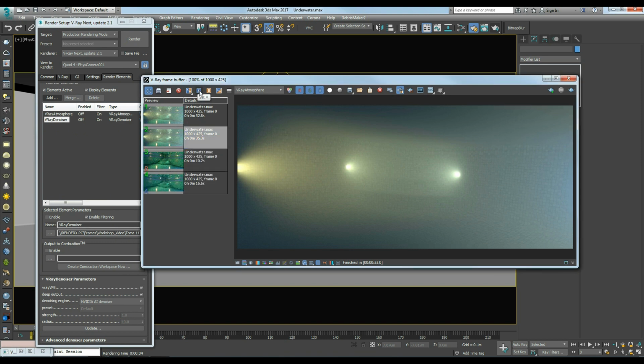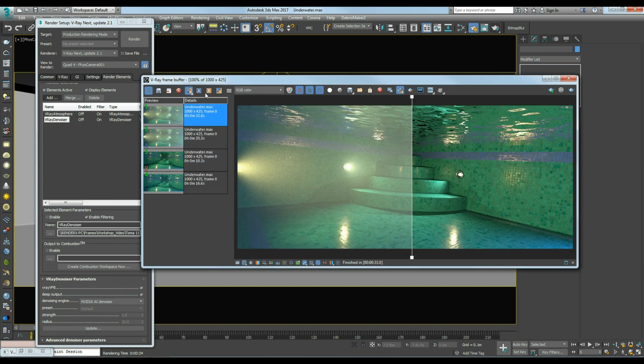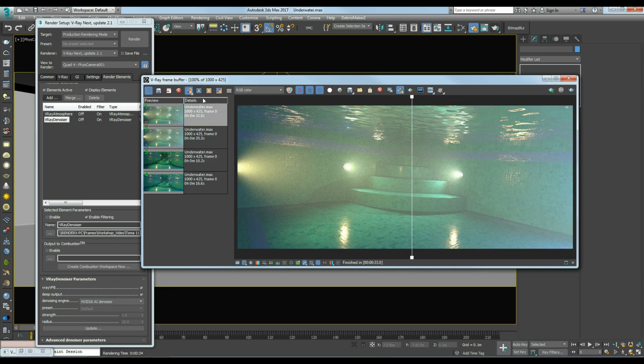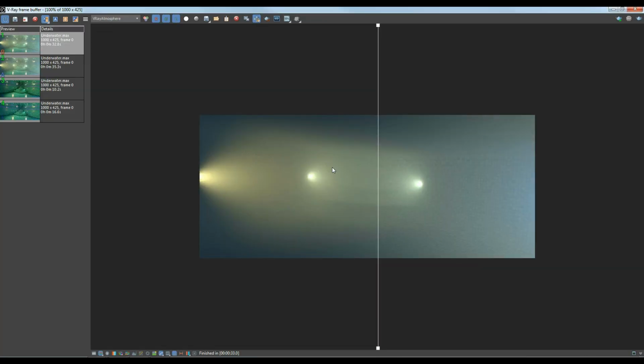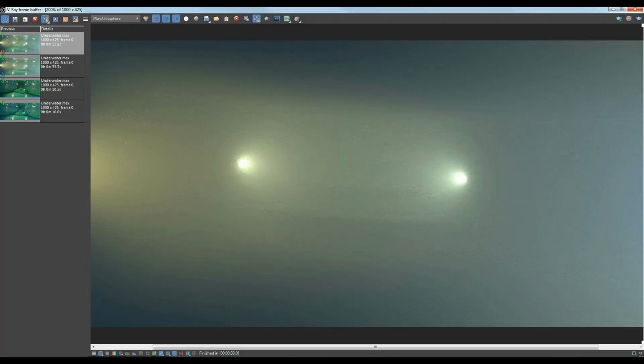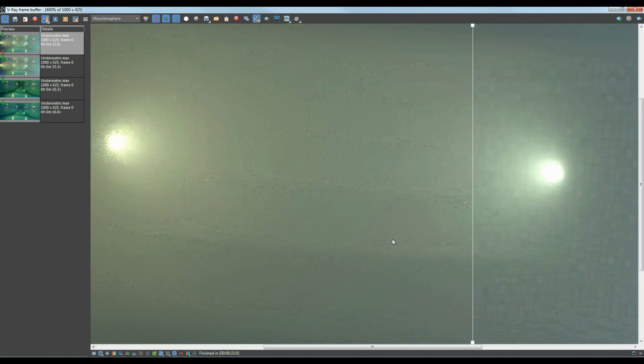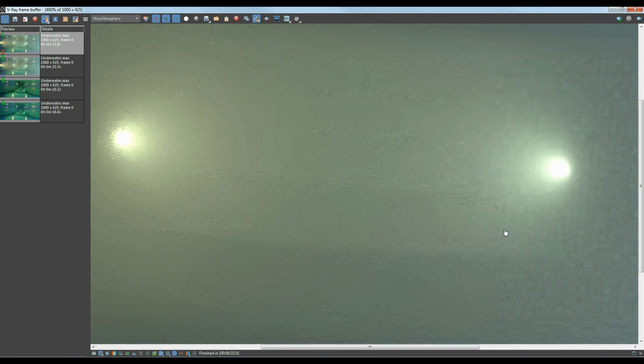On the left side is the V-Ray denoiser, on the right side is the NVIDIA AI denoiser, and you see the difference. V-Ray, NVIDIA. The artifacts are gone.